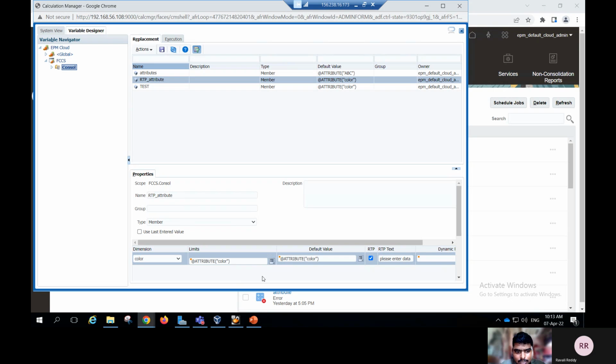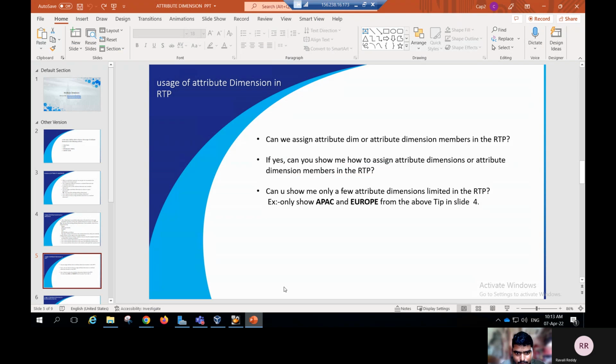Like this way, you can assign the limits in the data forms, runtime forms. Again, go to presentation. Can you show me only a few attributes? I showed you in the limits run TP. Again, move to the usage of attribute dimensions in